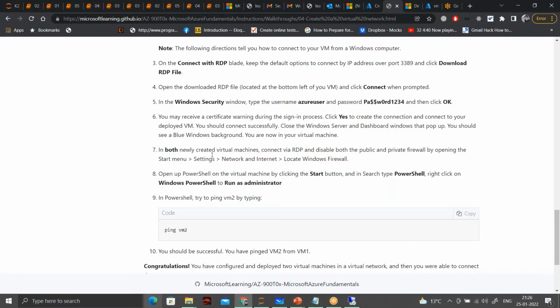Okay, and in each of the virtual machines, we have to disable the public and private firewall. For that, you have to go into the start menu, settings, network and internet connection, and locate your Windows firewall. So we have to disable both your public and private firewall.